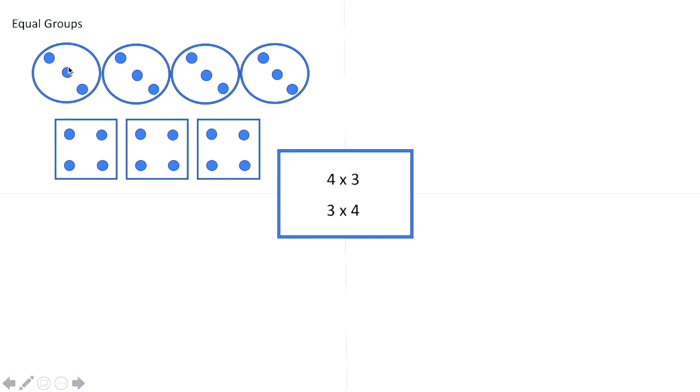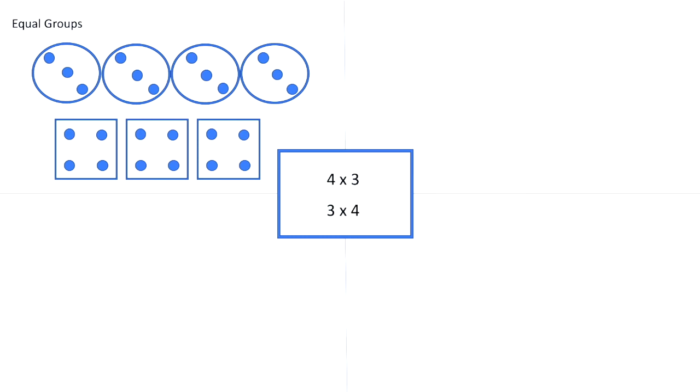So now we have 4 groups of 3 is 12 and 3 groups of 4 is 12. After equal groups, this is a pictorial representation. Let's transition now to an abstract representation. So if we're talking about representing abstractly, that means we're going to be using those symbols of the world of mathematics, or those digits and those different symbols that we use when we use the language of mathematics in a